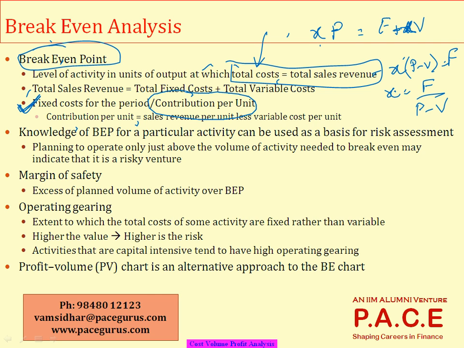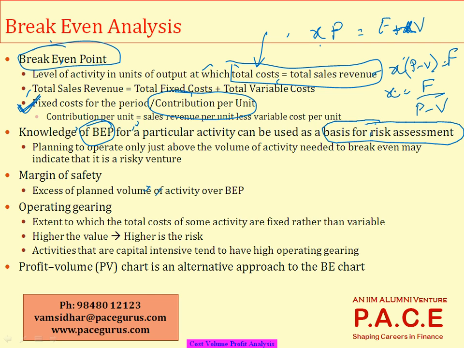So once you know your break even point, which means the target for the minimum number of units that you should produce and sell so that you don't encounter a loss, this value of break even point is one of the important tools in the business for risk assessment. The reason being, if any company is setting its target